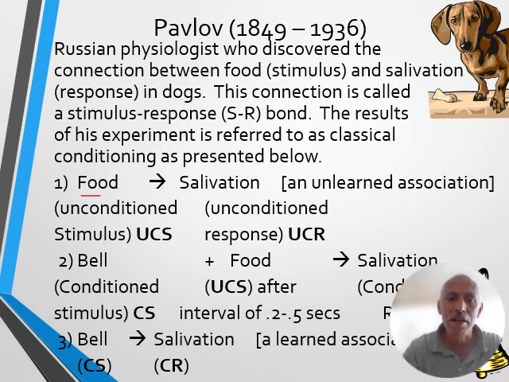When it is rung at the time the food is provided for the dog and the dog is salivating, and with repetition, as you keep doing it to the dog, what happens is when you ring the bell, the dog learns. With the bell, there comes what? With the bell, there comes food. And therefore, as soon as you ring the bell, hearing the bell ring, the dog begins to salivate. Now what happened is the bell has become a conditioned stimulus. It is doing what it should naturally not be able to do. It should not cause the dog to salivate.